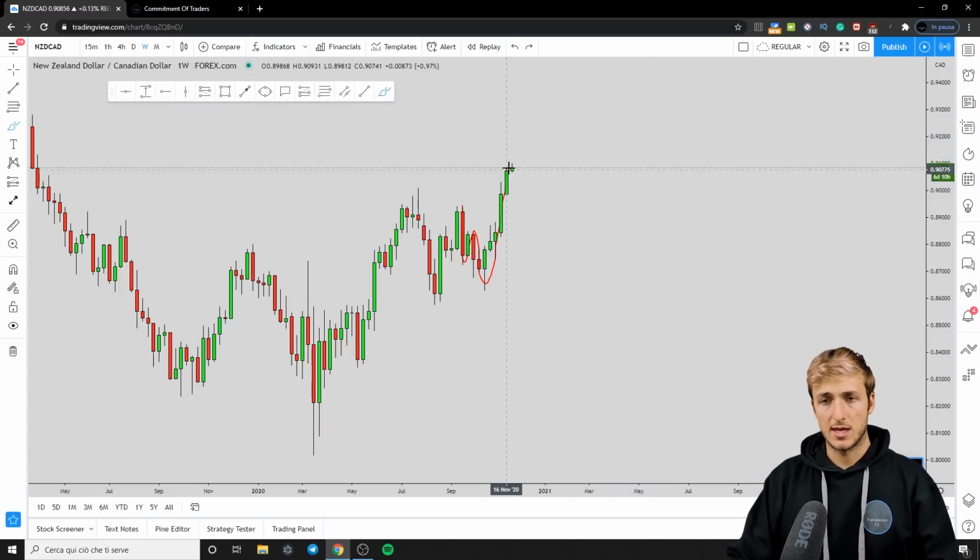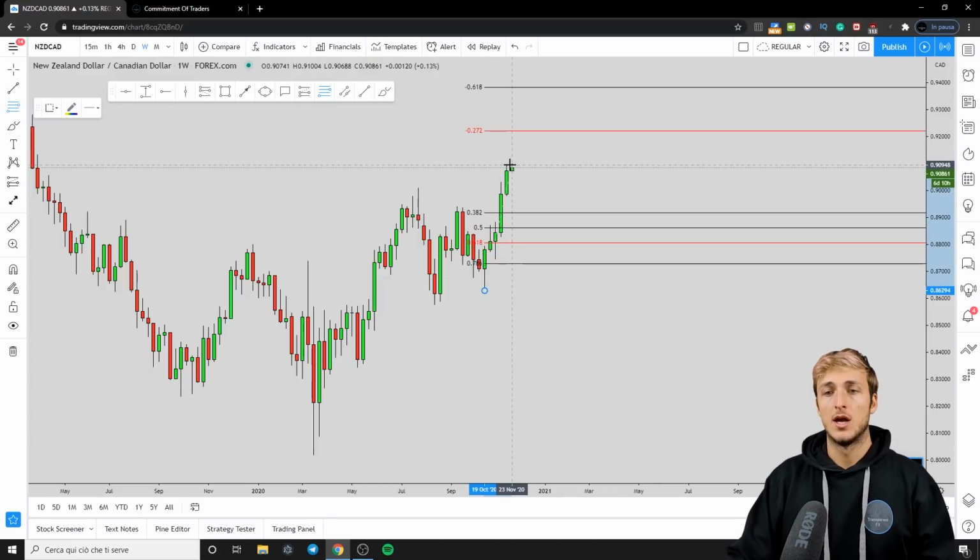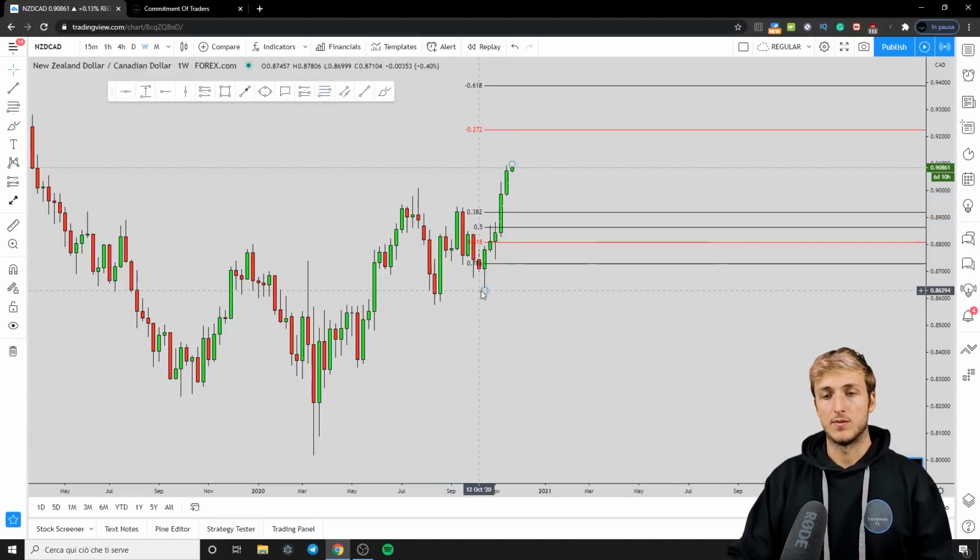So in this specific case, we want to see the market retrace at least to the 0.382 of the Fibonacci taken from this low to this high. Now, what we can see if we do take the Fibonacci from this low to this high is that the 0.382 is exactly here. And this 0.382 is in perfect confluence with the previous resistance, which is now turned support,